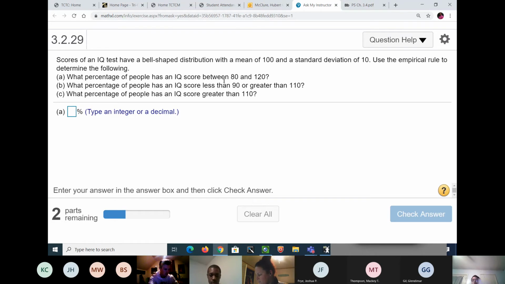This is a good question. What are we using? Empirical Rule. I highlighted it for y'all to read. Empirical Rule. Thank you. That means you're going to get out your handy dandy